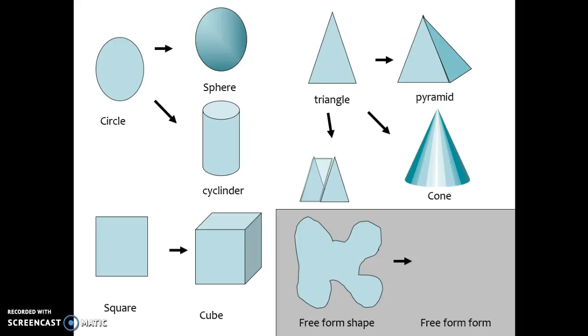The last one we're going to look at is a freeform shape turning into a freeform form. Yes, it is called a freeform form. Again, just like with a cube and with the triangular prism, you'll draw your shape twice and then connect your outside edges. Now, of course, your edges are curved, so you're merely just trying to get all of the